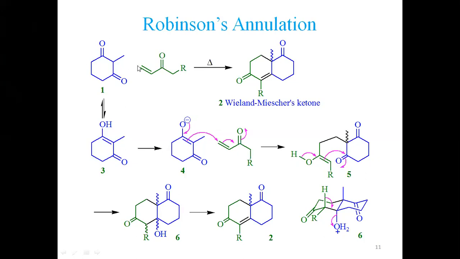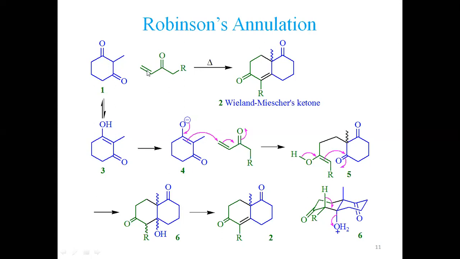We are talking about this Robinson annulation, which undergoes conjugate addition to this system. So the first step is the keto-enol tautomerism. This enol form is more stable due to a little resonance energy, and the base picks up this proton from here, generating an enolate. This enolate donates its electron pair back here to generate a carbon-oxygen double bond,